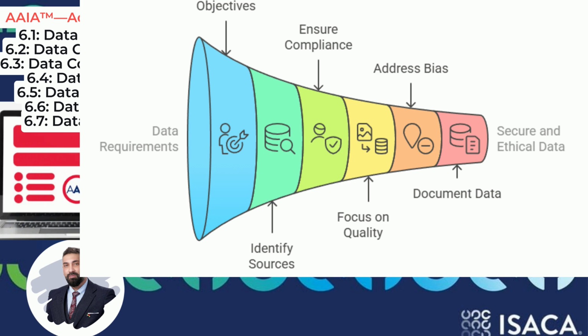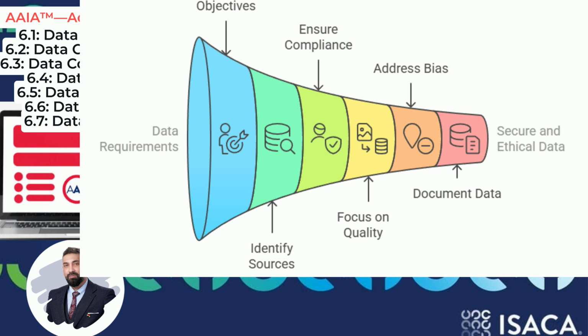Data availability: the required data may simply not exist or be accessible. Cost and effort: collecting, labeling, and validating high-quality data can be extremely time-consuming and expensive. Ensuring representativeness: achieving a truly representative data set that avoids all forms of bias can be very difficult. Dynamic environments: in rapidly changing environments, data collected in the past may quickly become outdated or irrelevant. Ethical dilemmas: situations may arise where the need for data conflicts with ethical principles or individual rights, requiring careful navigation.